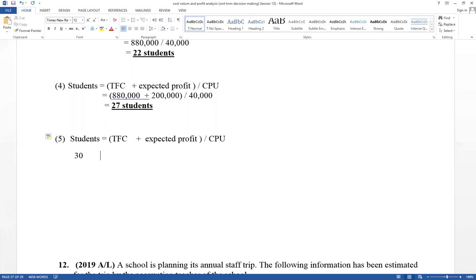And total fixed cost also calculated. It is equal to 880,000. Expected profit equals 350,000. By using this information, we can calculate the new contribution per unit. Therefore, divided by contribution per unit. Now you have to calculate the new contribution per unit. Therefore, this one take this side, this one take the other side. Therefore, contribution per unit equals